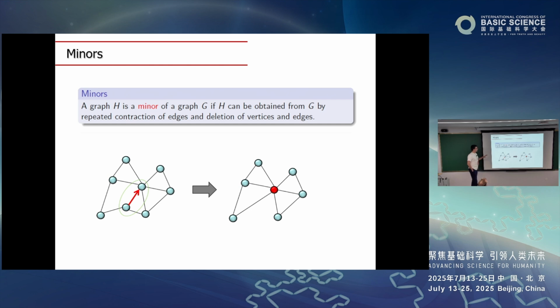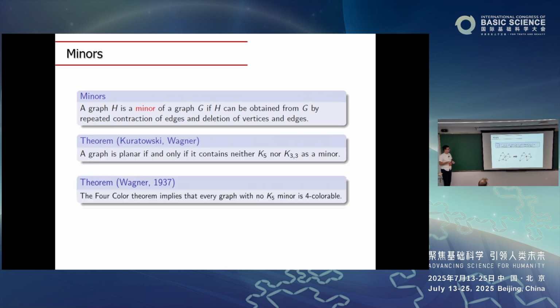So a graph H is a minor of a larger graph if we can obtain it by doing the following operations. One is the natural operation of getting a subgraph: you can delete vertices and edges. And there's one more operation, which is called contraction. Again, it's fairly natural, where you take two vertices joined by an edge and collapse them together. So now they will be joined to all the neighbors of both.